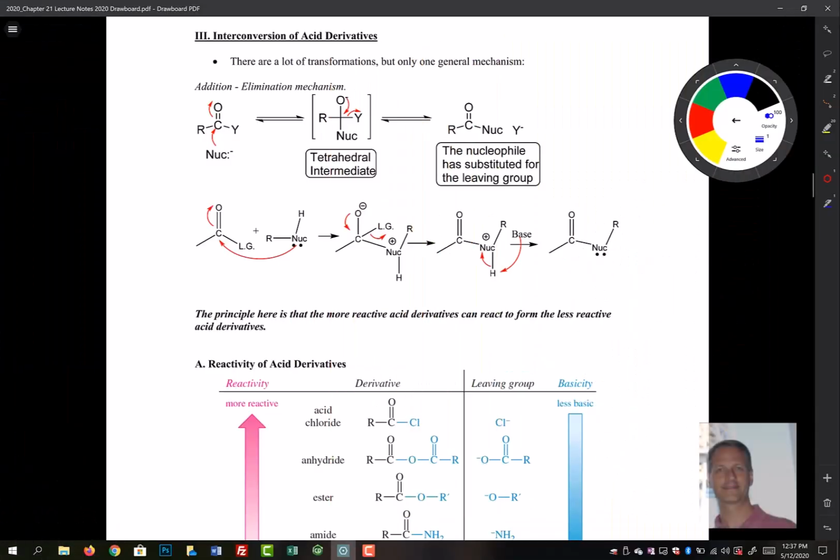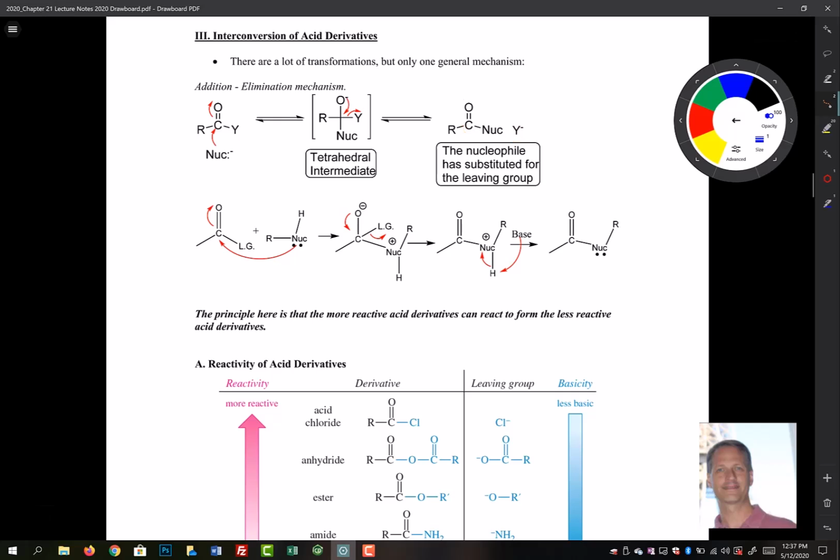The interconversion of acid derivatives is a reaction that we're going to take a look at next. Now, there's a lot of transformations, but really only one general mechanism. The reaction can be described as an addition-elimination mechanism. One flavor of the reactions takes a nucleophile and adds it to the carbon of our carboxylic acid derivative carbonyl. We would then form a tetrahedral intermediate that then undergoes reformation of our carbonyl and the expulsion of our leaving